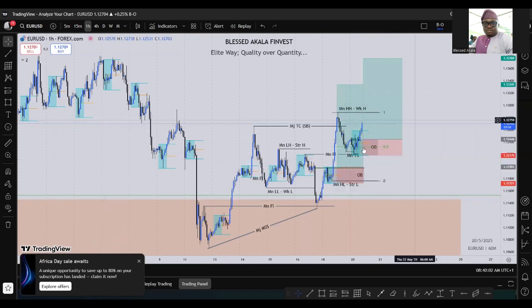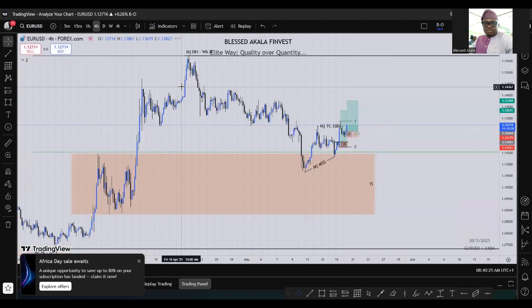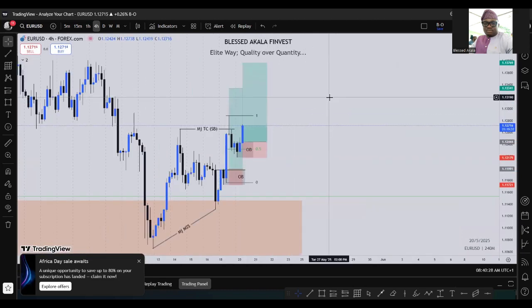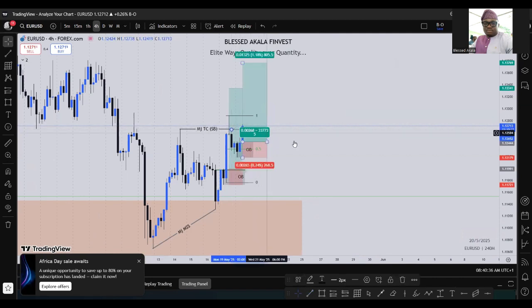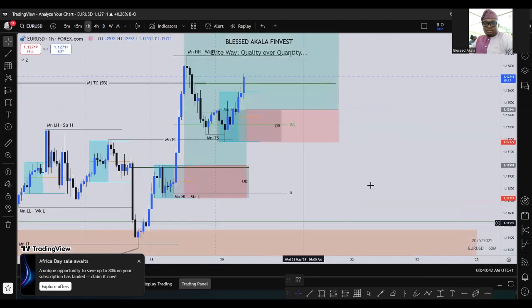So nonetheless, if we miss the trade, no problem. We continue analyzing, but don't forget we're already in this trade and it's already in profit. And we'll continue with that. But nonetheless, we are looking for every other opportunity to follow through and to maximize our profits eventually. We see different opportunities that are going to be given to us, but we need to check the 4 hour anyway. And on the 4 hour again, this particular level we can try and see. Let's come into PDA. Let's see what it is on 1 hour.